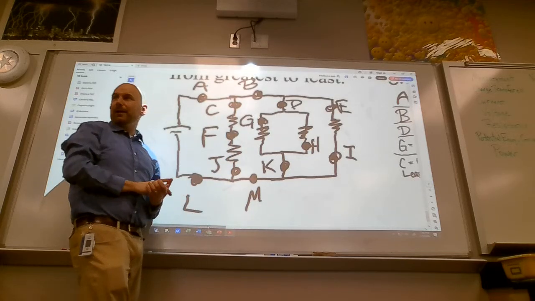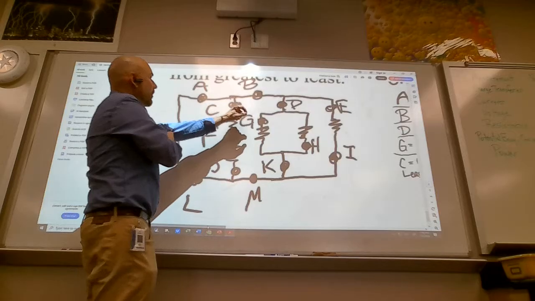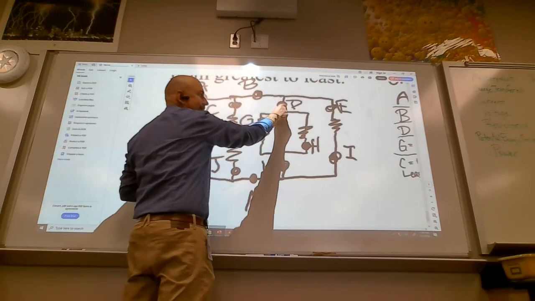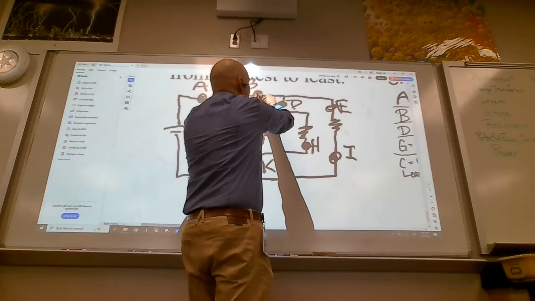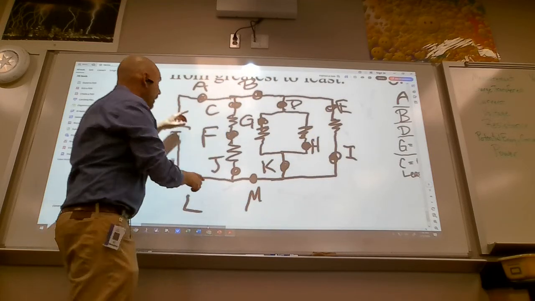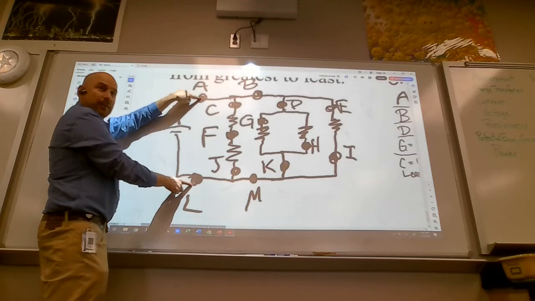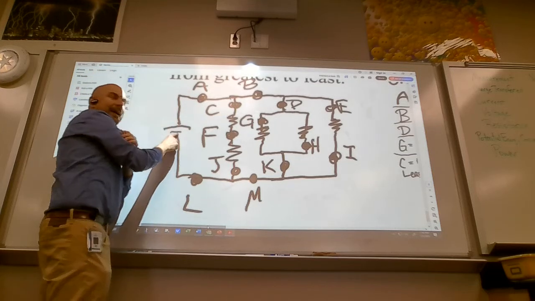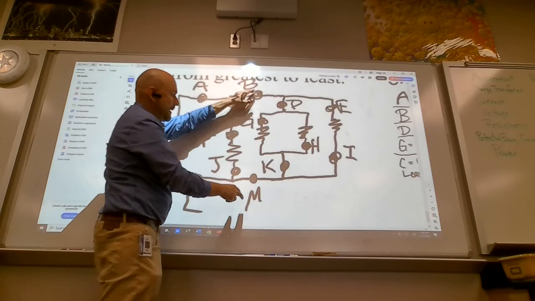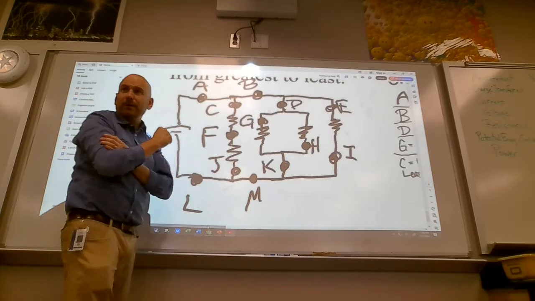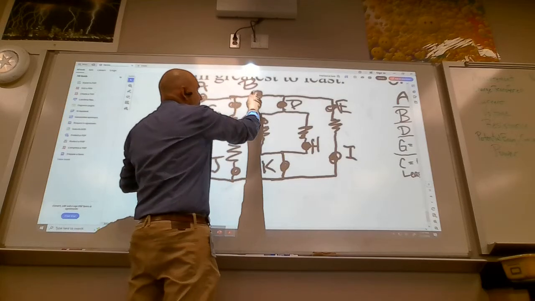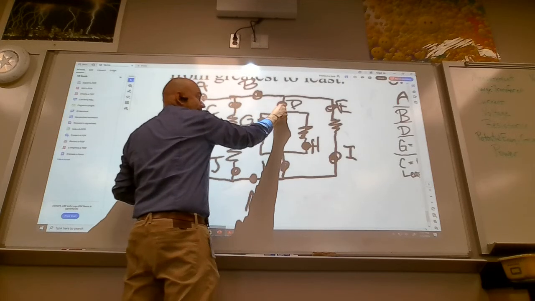current through that branch. Okay, is everybody okay with the fact that B has more current than D? Because it has to supply current for both D and E. Okay. How are we doing with saying A and L are the same? Whatever comes out of the battery has to go back into the battery. And for the same reason, B and M have the same amount of current. Good? Okay. So after B, then D